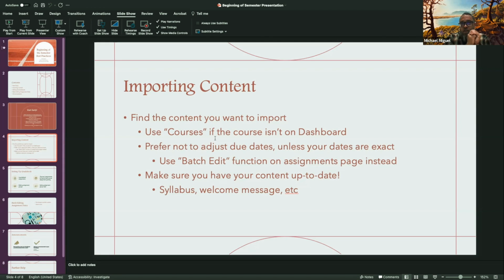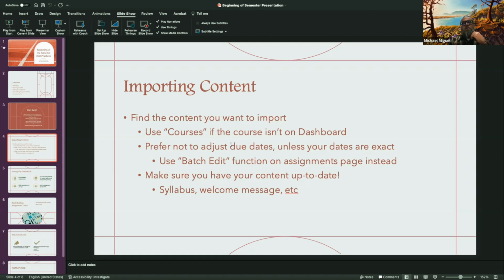A lot of faculty have problems finding previous courses, and that's really because, here at LTCC, sometimes a course won't be taught for an entire academic year. So the last time you might have taught a course you're teaching this semester is spring of 21. And sometimes they think that that's just going to be on the dashboard and it's going to be easy to find, but it's not. So in Canvas, right below the dashboard, there's the courses button, and I'll show you how to actually find those older courses.